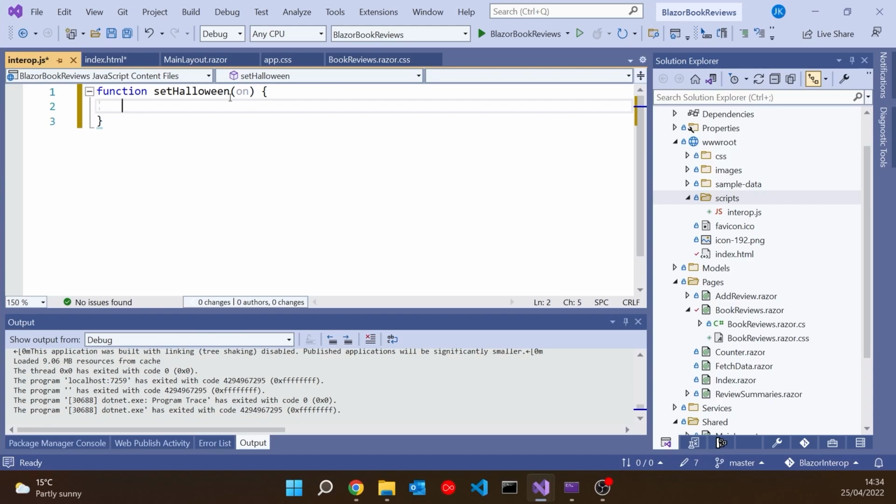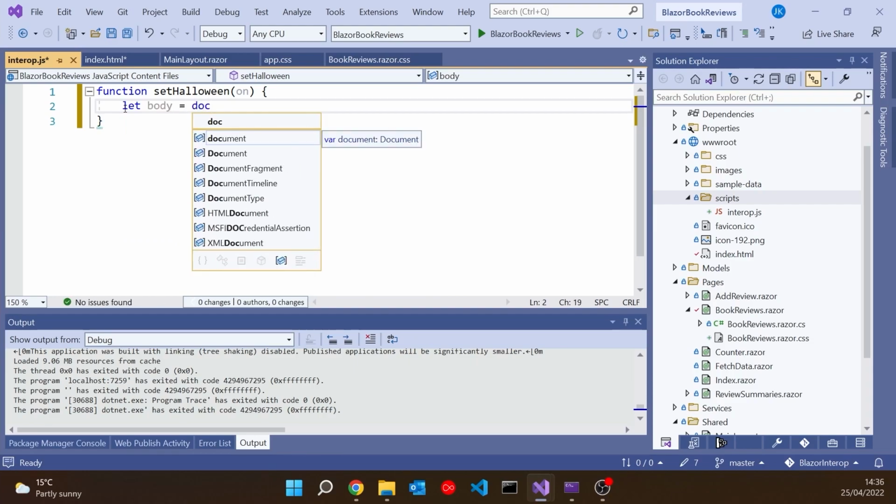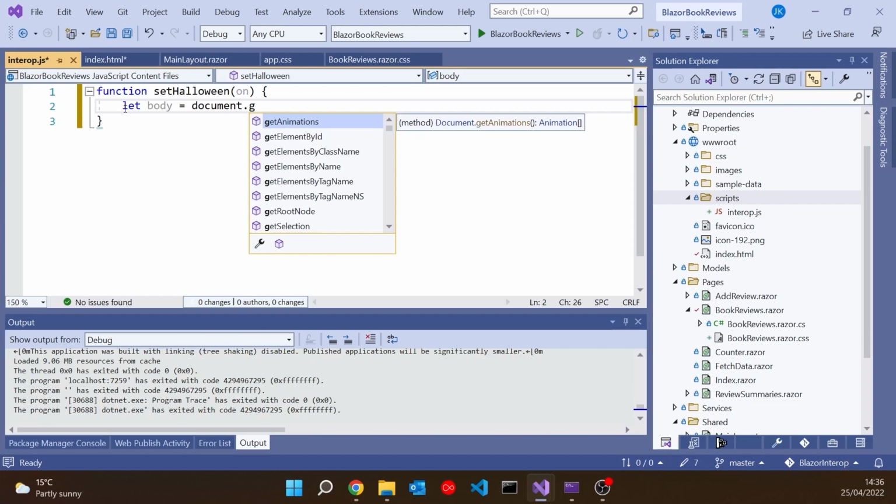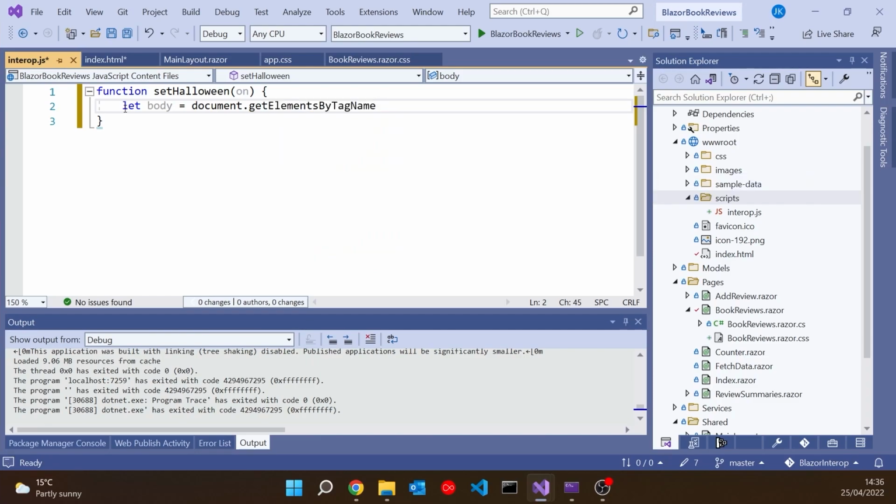And then I'm going to do the thing that I can't do in C#. So remember, what we want to do here is change the class on the body. So we'll say let body equal document.getElementsByTagName, and then the tag we're looking for is body. That getElementsByTagName returns a list, even though there should only be one here, so we'll just get the first element off that list.